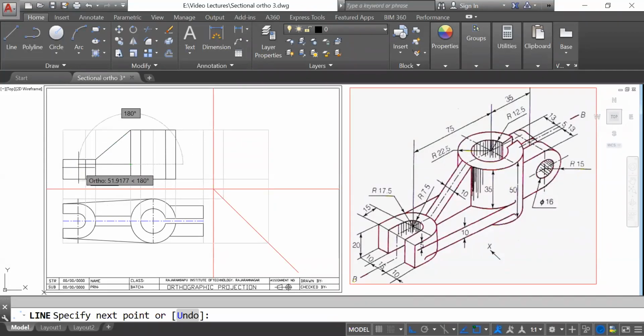So it goes up to the end. Then there is one more 10 mm in the downward direction, and then join it. But remember that this part is visible right now, but when we think about the section, there may definitely be some changes. So I will delete this 35 mm here.